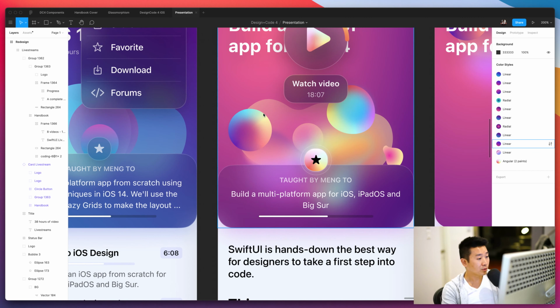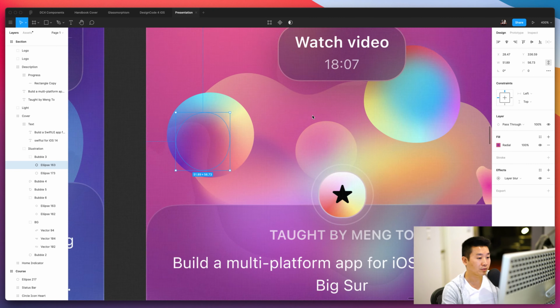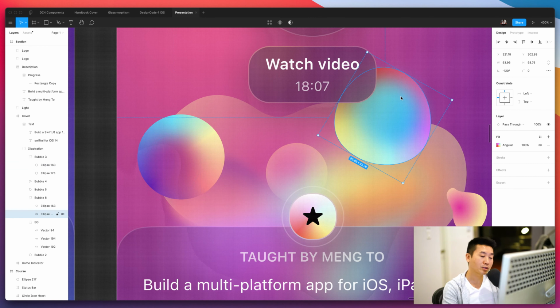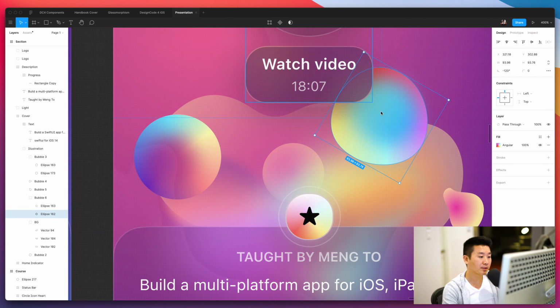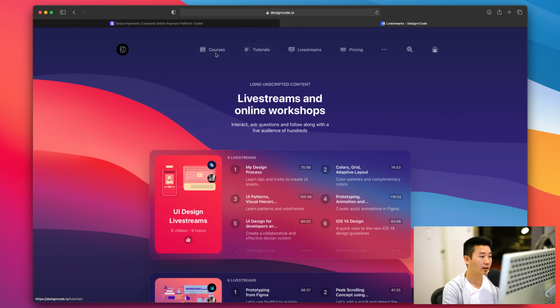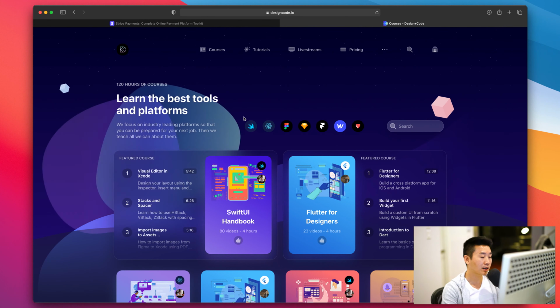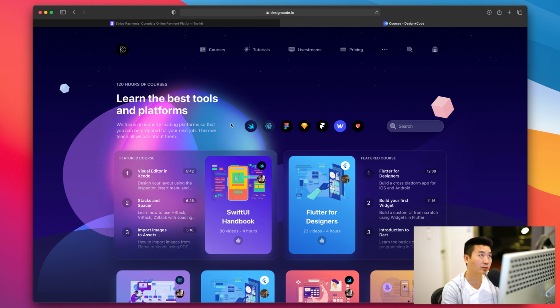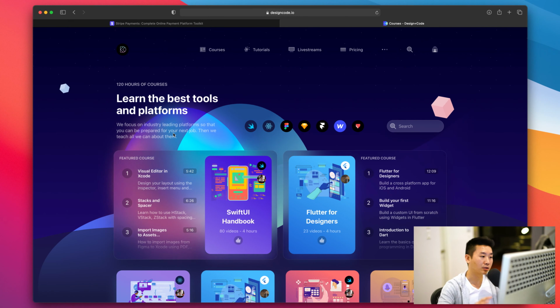So yeah, this is how you create these blobs. You can create these imperfect circles, which is kind of like a blob. Interestingly, this shape is pretty easy to do in CSS, so I actually did this in the courses page. When you see the first animation, this is actually a CSS circle. It's a shape that actually changes